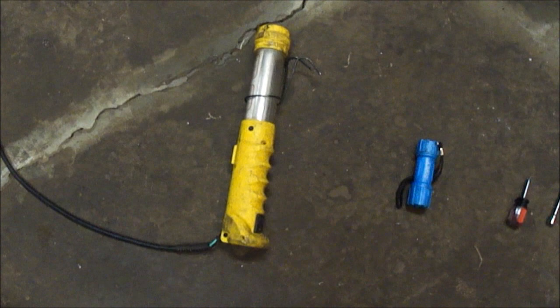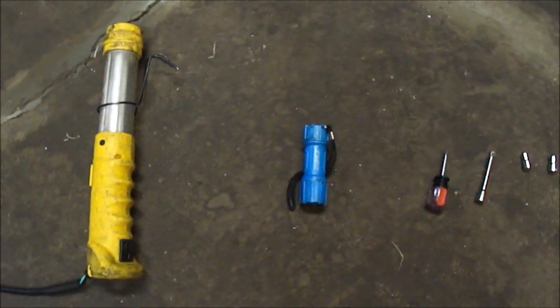Some tools you might need, or would be handy, would be a nice light, maybe a flashlight, a small